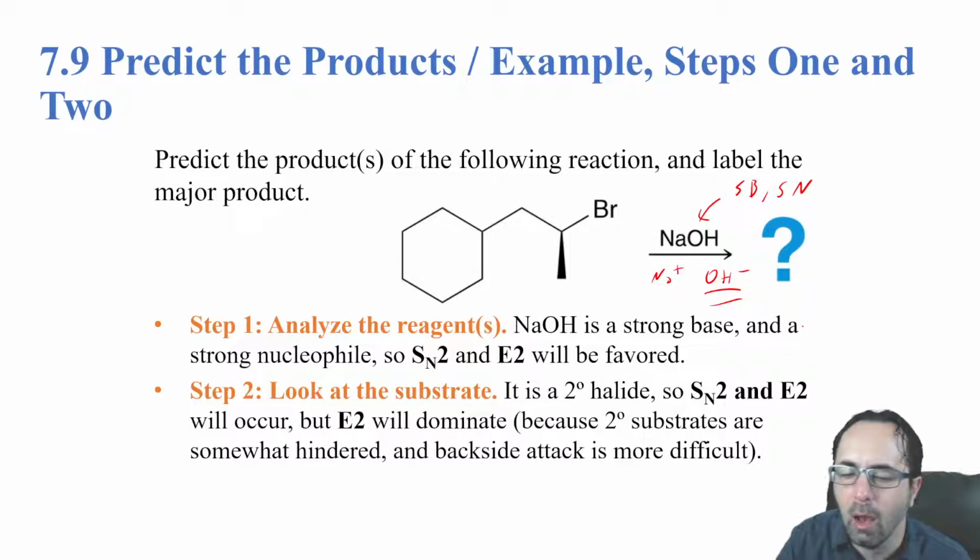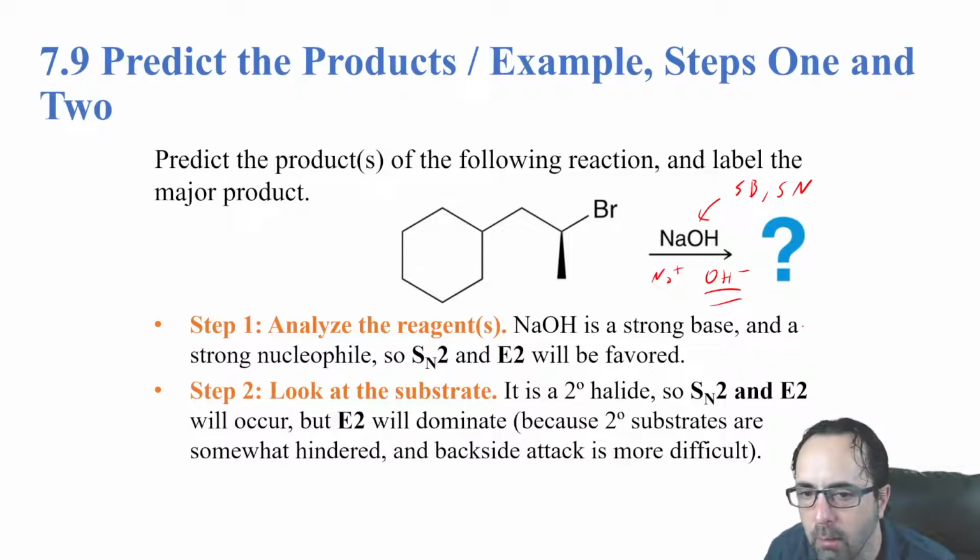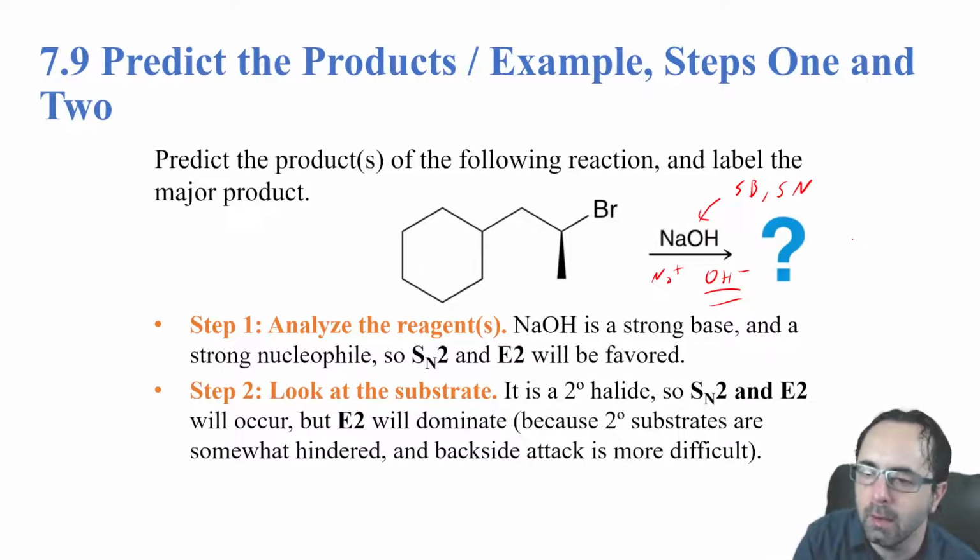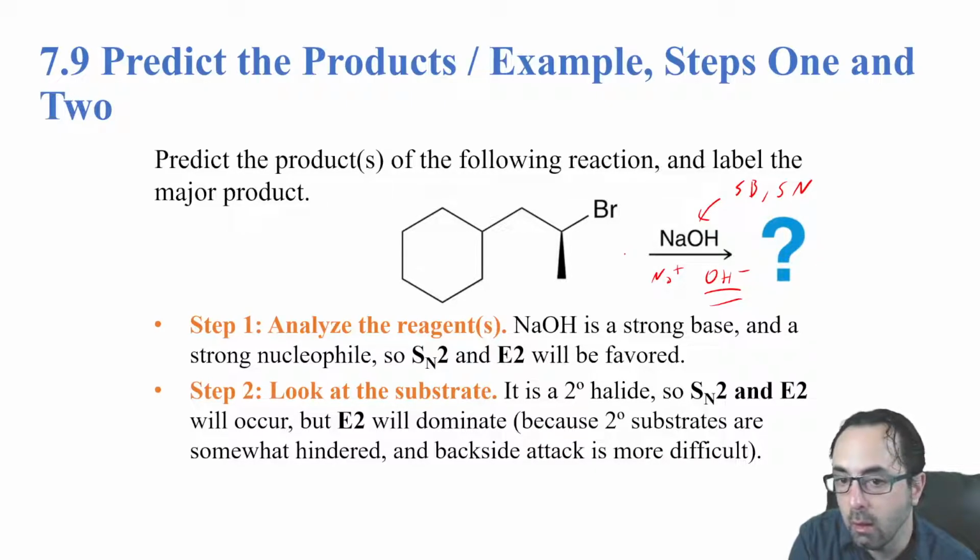Okay, so we've now evaluated the reagent. Strong base, strong nucleophile. We can already tell right away this is going to be, well, let's see. We can't tell right away. We have to evaluate the substrate first. So if we look at the substrate, this is the alpha carbon right here, connected to the bromine. So it's secondary. It's attached to two other carbons. There is a hydrogen. It's not drawn, but it's there. So this is a secondary